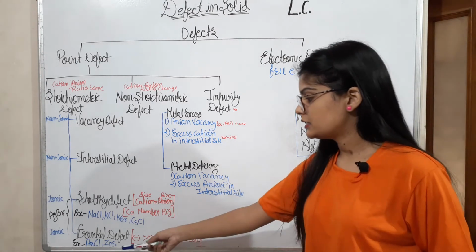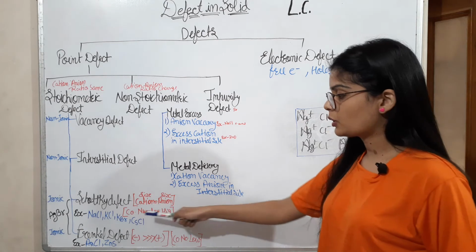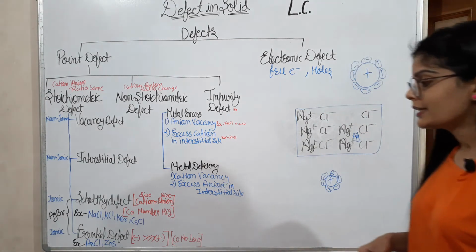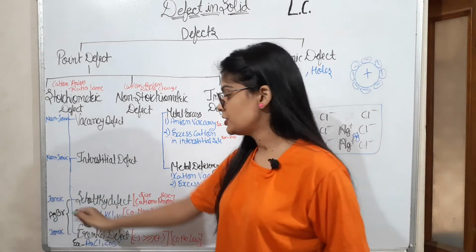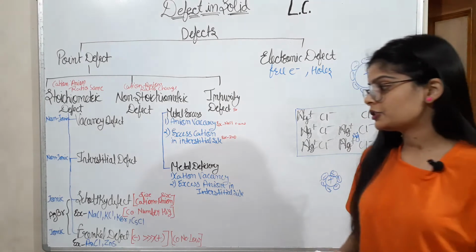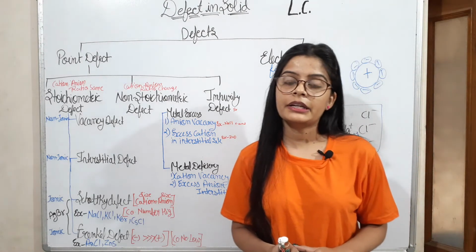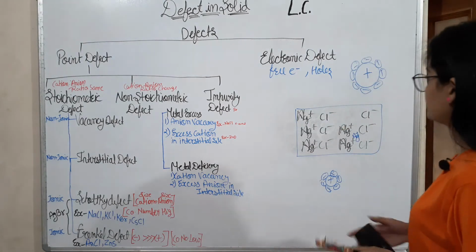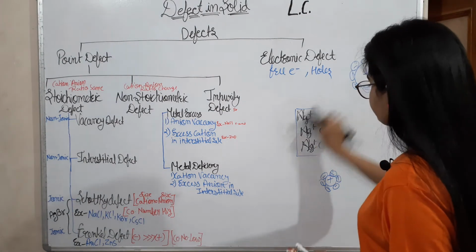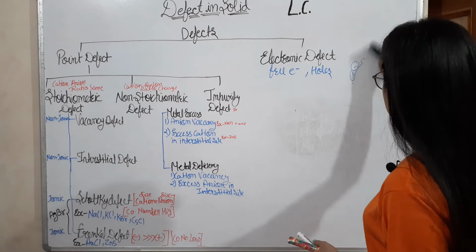Examples of Frenkel defect are AgCl and ZnS, and examples of Schottky defect are NaCl, KCl, KBr, and CsCl. There is an exceptional case: AgBr shows both Schottky defect and Frenkel defect. Schottky defect and Frenkel defect are very important for examination. And next, we'll talk about